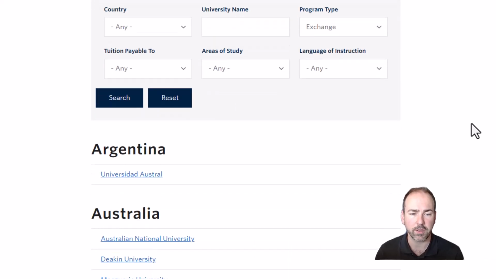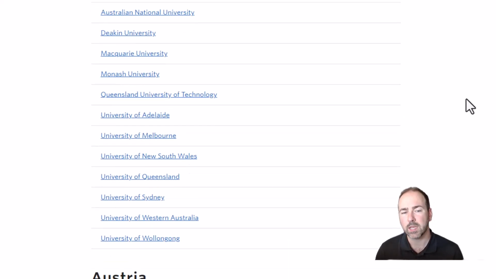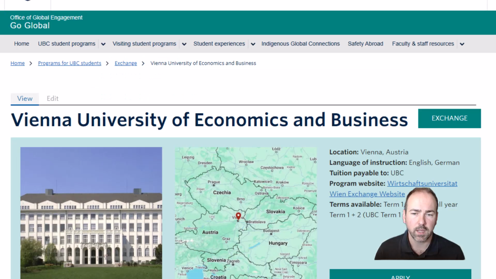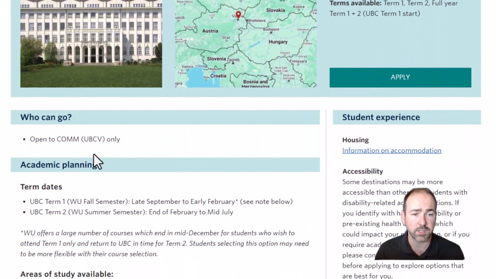When you scroll down, you can see all the different partner schools available. Now, what this doesn't do is filter out schools that are only available for our Vancouver campus. So there is a bit of interpretation required here. For example, if you open up Vienna University of Economics and Business and then scroll down on that page, you'll see that it is open to commerce in UBC Vancouver only. So that means that commerce students in the Okanagan are not eligible to apply,